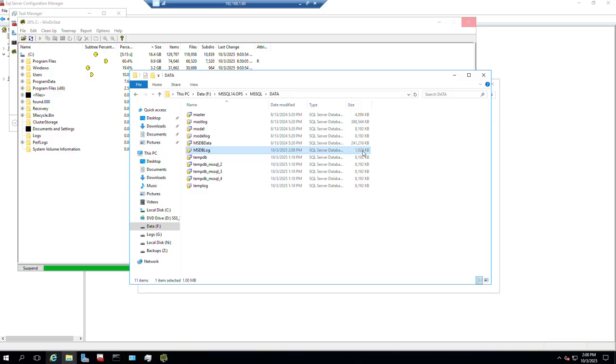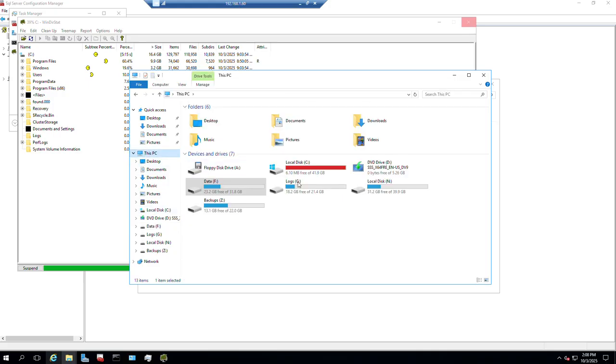It is already shrunk. So if we were to go back to the F drive, you can see we've reclaimed about 23 gigs on that. So the next thing is we're going to have to create a backup maintenance job to avoid this situation from ever occurring again, which we're going to talk about in the subsequent video. But while that is happening, we're still waiting on this to really understand why this C drive,